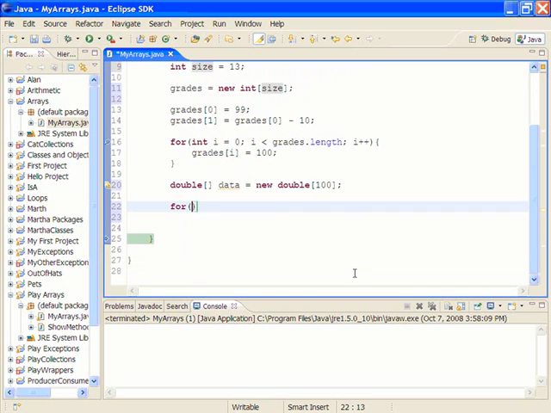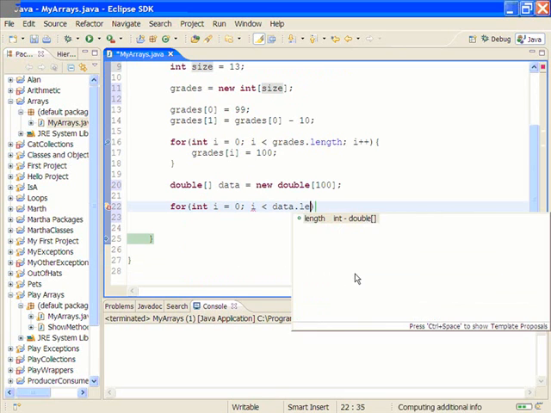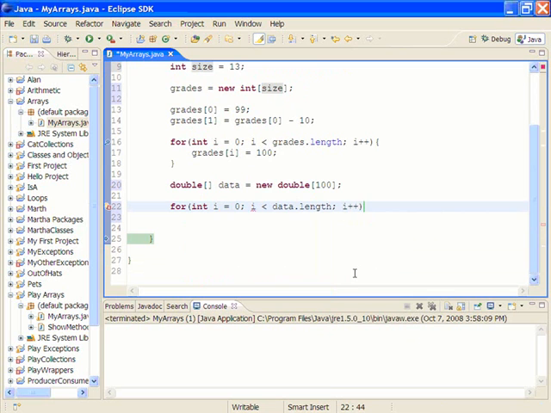So for I gets 0, I is less than data's length, I++, and we're going to say data sub I gets